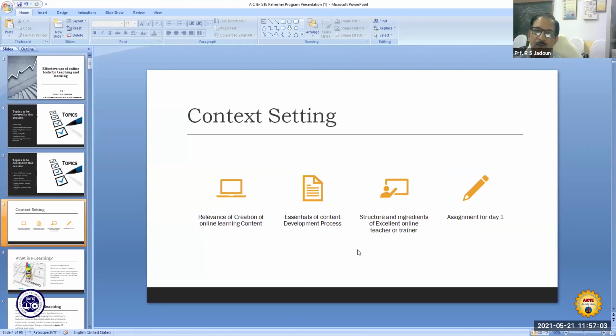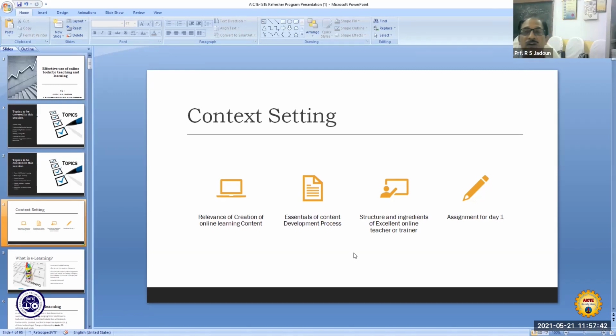Now, as and when we get the opportunity of either teaching a particular course to our students, or for that matter, speaking on any particular platform, we must set the context. What we have to deliver should be unambiguously made clear.